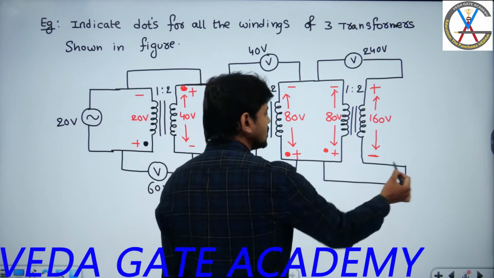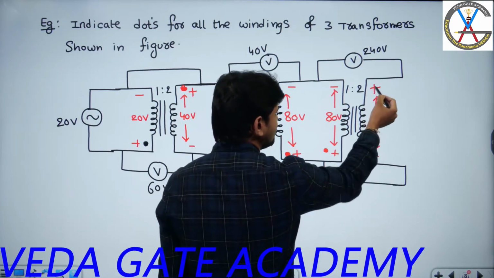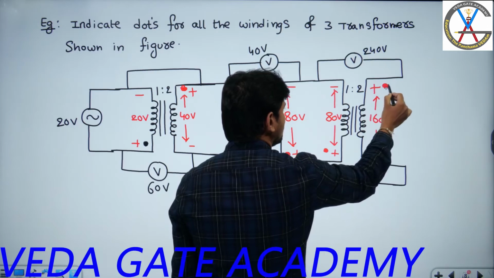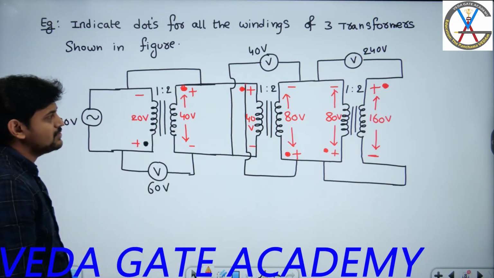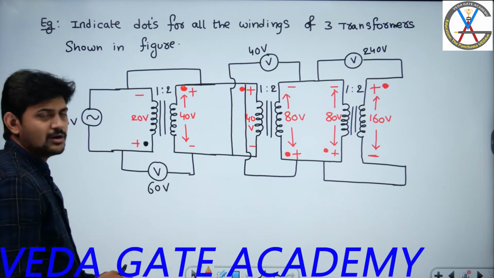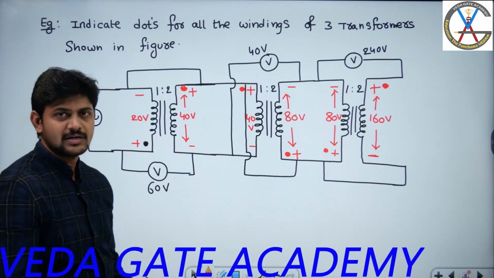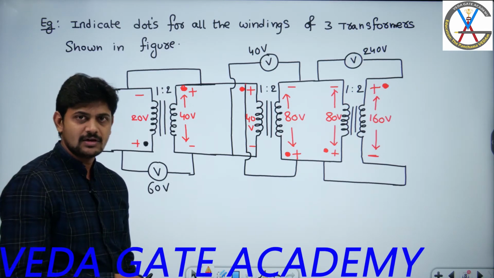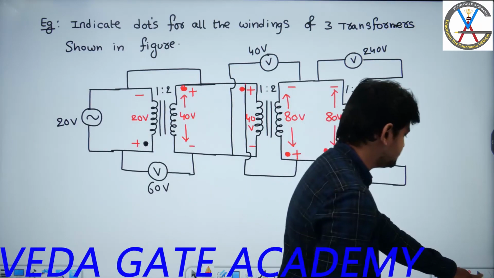If the voltmeter reads the sum of two EMFs, the short circuited terminals will be assigned with dissimilar or opposite polarities. So here these are two short circuit terminals. If this is positive, this becomes negative. If this is negative, this becomes positive. So obviously I need to keep a dot over here. That's it. Even though the diagram is very lengthy, it is very simple to understand the indication of the dots once you perfectly understand the polarity test. Have you understood? So this is about this question. Let me move on to the next question.